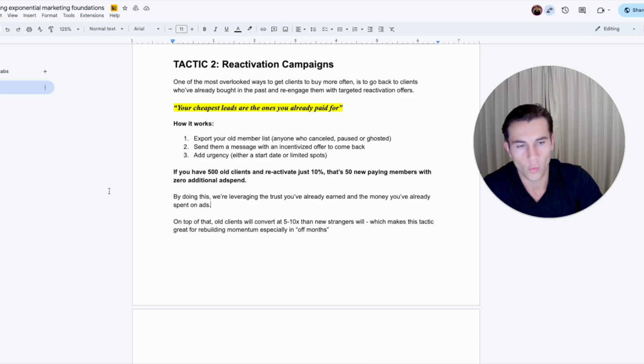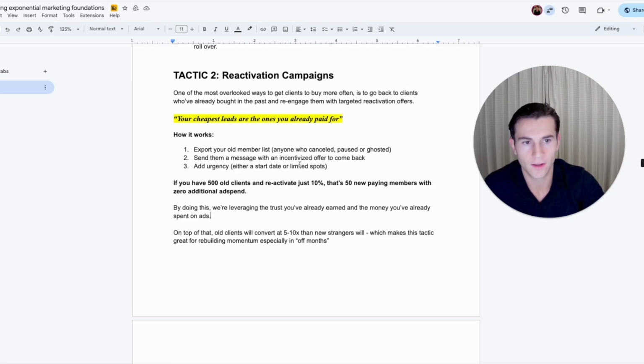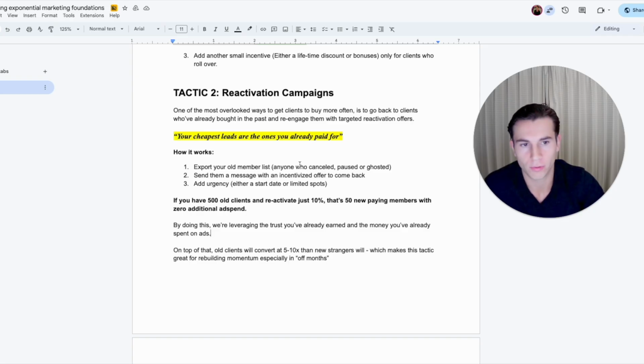So with targeting and with reactivation campaigns, I have a couple clients who have, let's say, 5,000 or 6,000 people, just because they've been in the industry so long, they've been running ads so long. And I will constantly go back there when sales are slow and send mass text messages, mass SMS, with a message basically saying, hey, we're doing a 30% off discount for the next 10 people who reach out who want to lose weight for the new year.